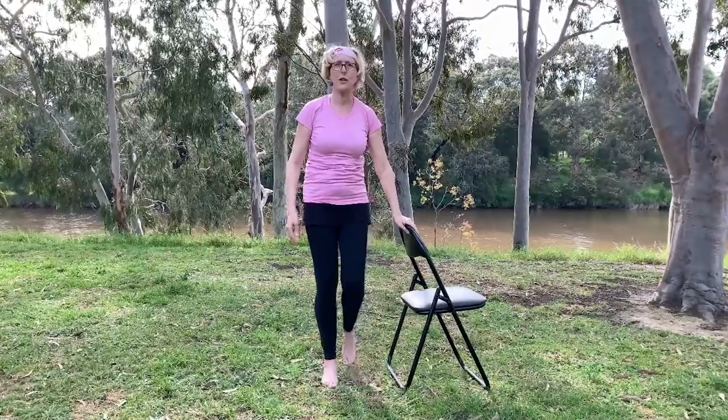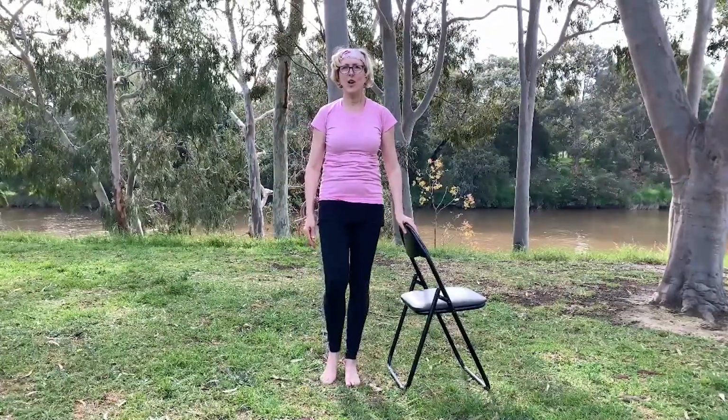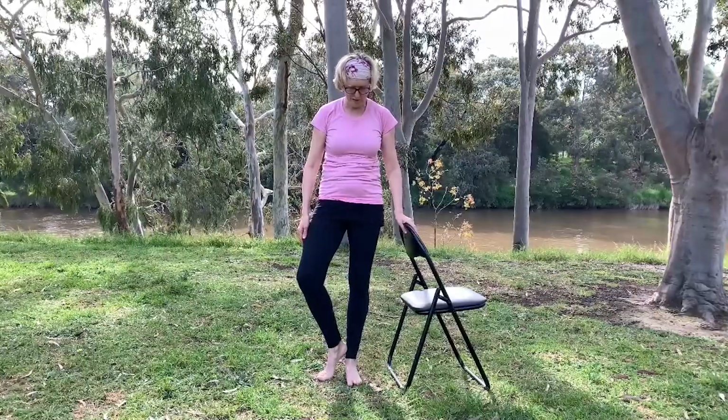And of course we have to do tree pose since we're out in the open, and that's been our focus, is about the tree. So you can hold on to your chair and bring your heel to your ankle, and then bring your other hand to your heart. If you're feeling comfortable, you can bring your foot just below the knee and bring your other hand to your heart, reaching the arms up and then out. And then you can allow your limbs to flow gently, connecting with your roots,